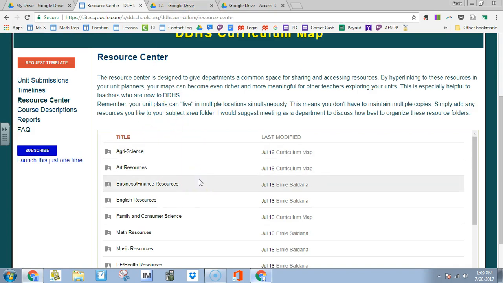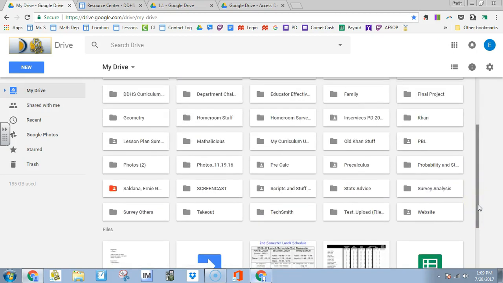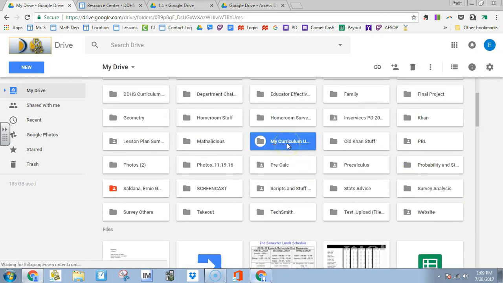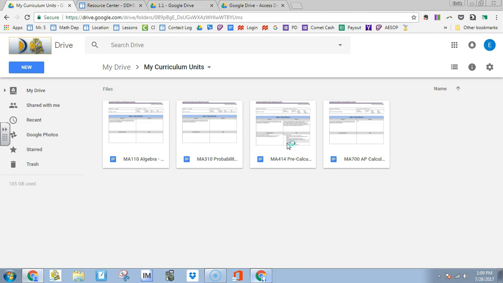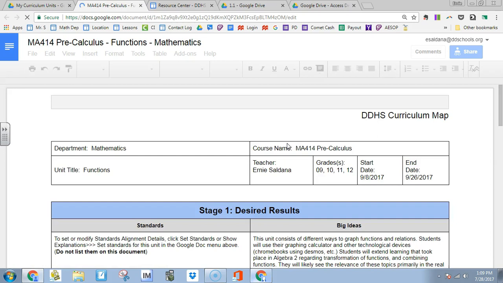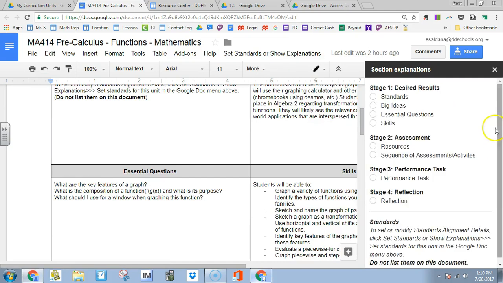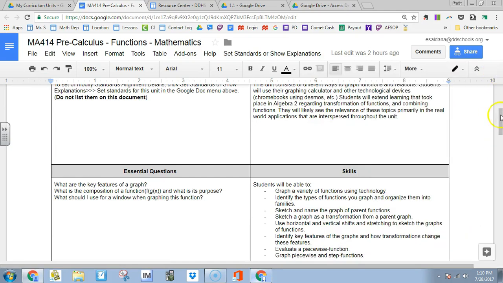Let me show you. I'm going to go to a unit that is a work in progress. I'll head on over to my Google Drive and scroll down to My Curriculum units. And I'll open up a unit that's from Pre-Calculus, particularly Unit 1 Functions. Like I said, this is a work in progress. I want to show you how these resources links can be used within this unit plan. So I'm going to scroll down here, click out of that,